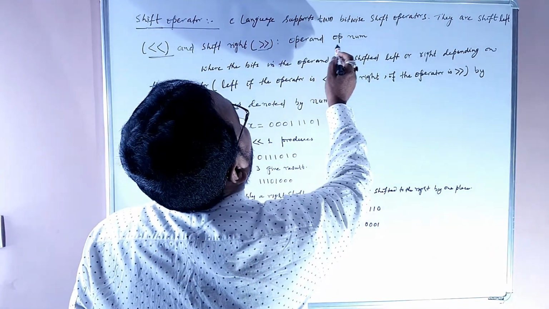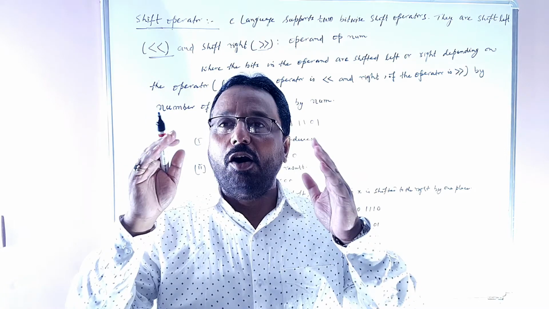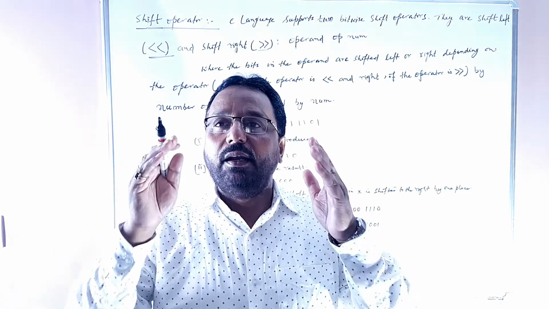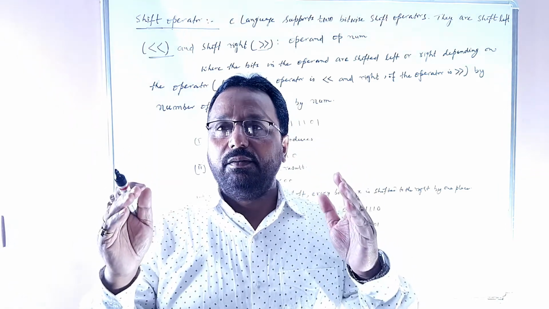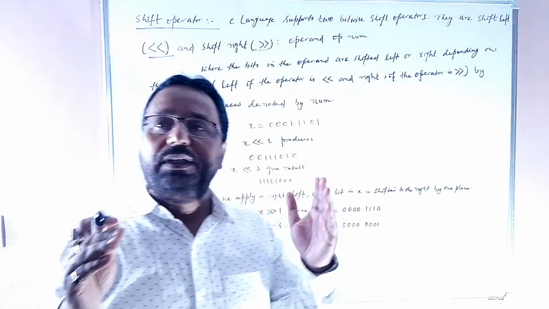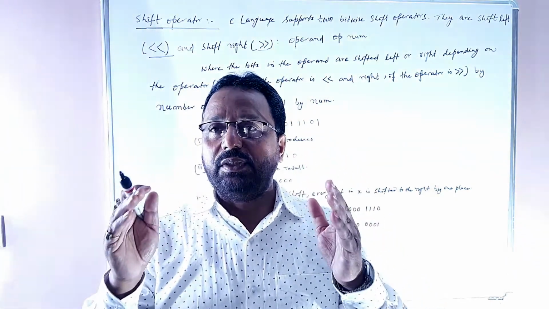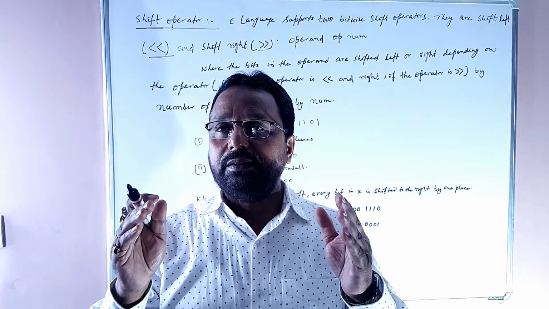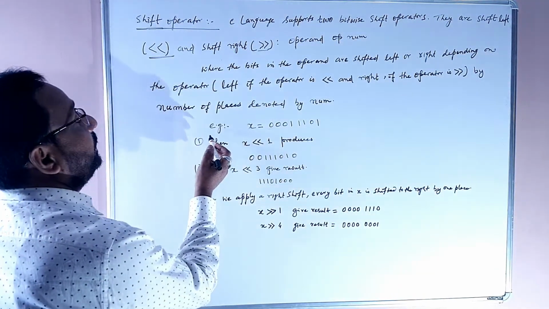The format is operand OP number, where the bits in the operand are shifted left or right depending on the operator: left if the operator is left shift, and right if the operator is right shift, by the number of places denoted by the number. Here, for example: